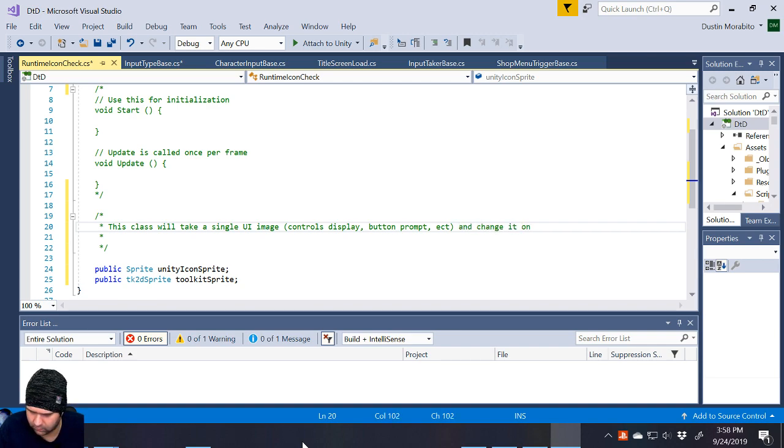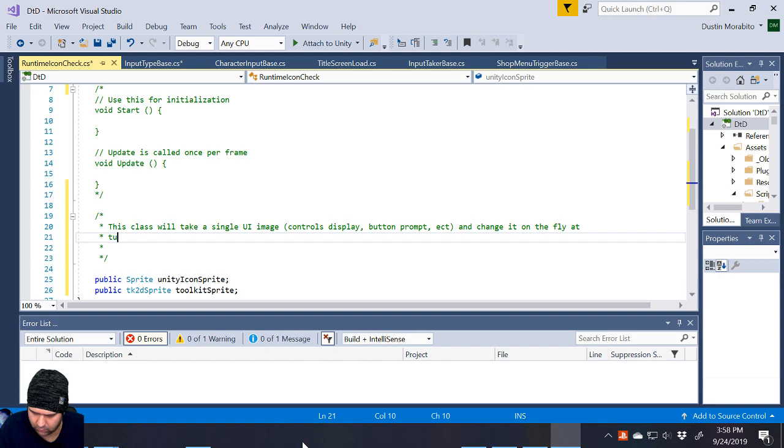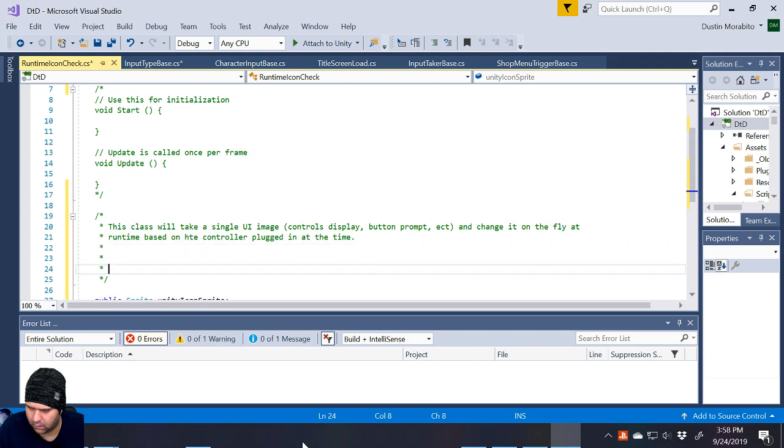Okay, this has to take a single UI image, change on the fly at runtime based on the controller plugged in at the time. We will allow it to interact with